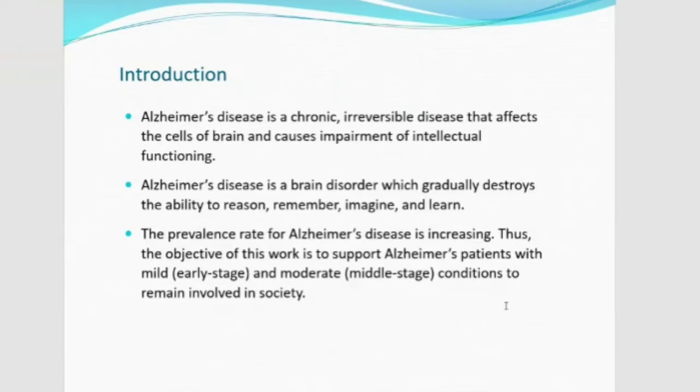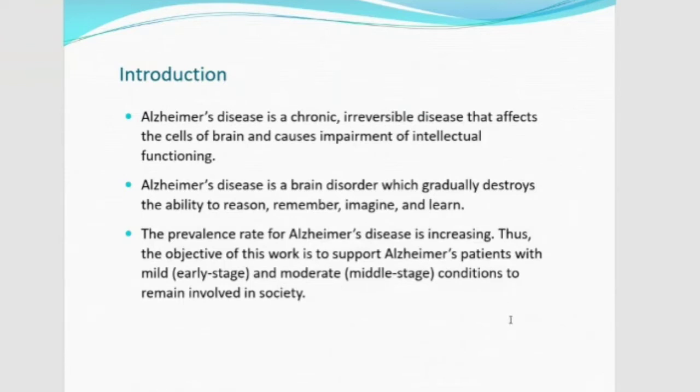Alzheimer disease is a condition that affects the brain. The symptoms are mild at first and become more severe over time. It becomes harder for people to remember recent events, road maps, dates, and to recognize people they knew. Eventually, a person with Alzheimer disease may need full-time assistance. So, to overcome this problem, we have proposed a web application which will help Alzheimer patients to stay involved in the society independently.